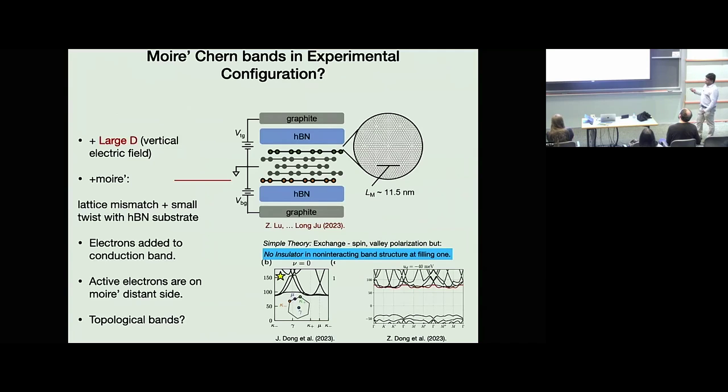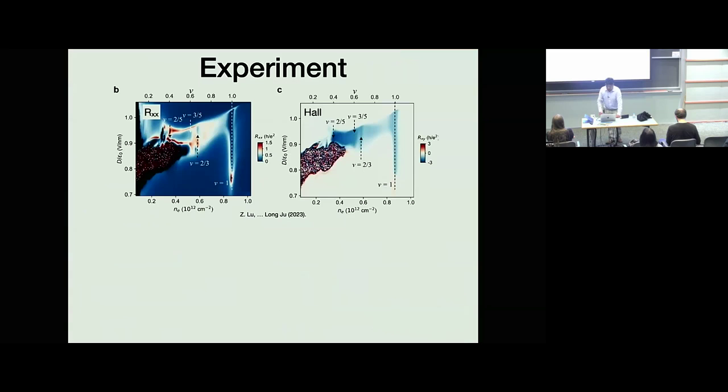So you can try to see whether that works over here. You could assume that you're in a single valley and look at whether this distant moire over here can actually give you a Chern band. And what all of us have found is that it's too weak to really separate out a band. You get some modification, but it's all still part of the continuum of bands for electrons on this side of the device. So this simple explanation that works in many other systems, like twisted MoTe2 and many of the other twisted graphene structures, doesn't seem to work.